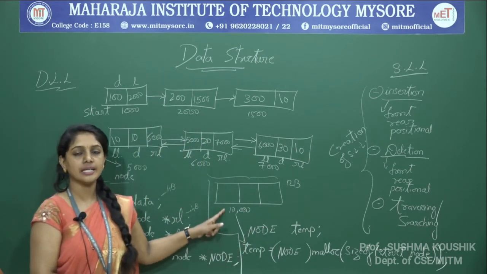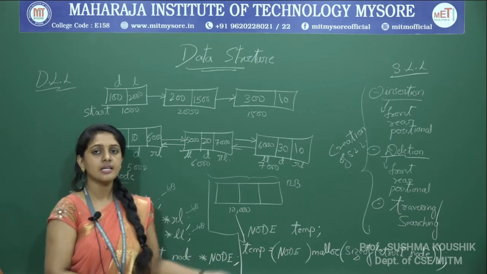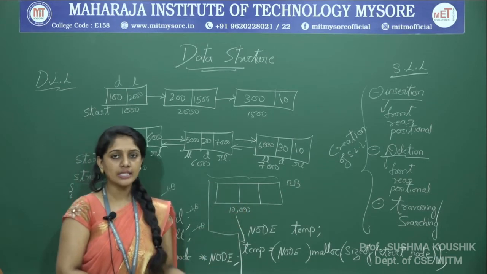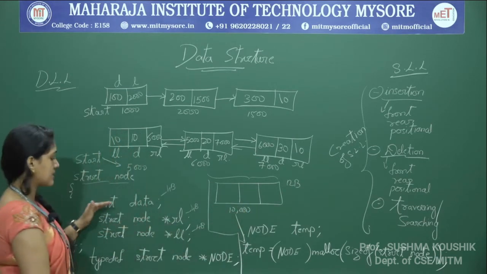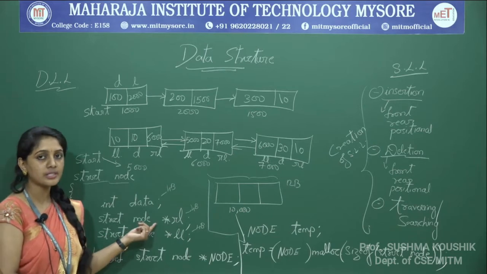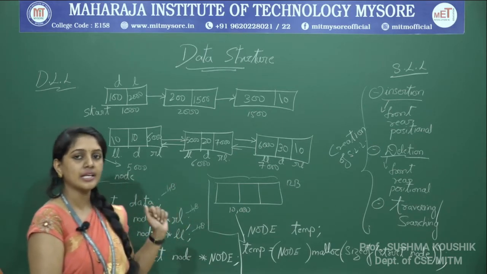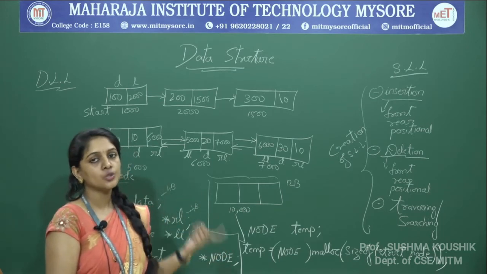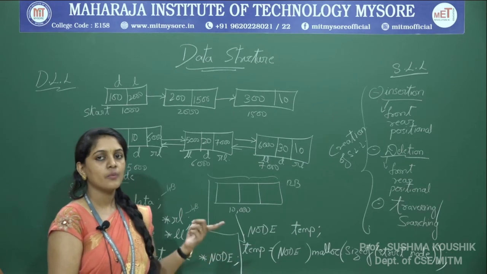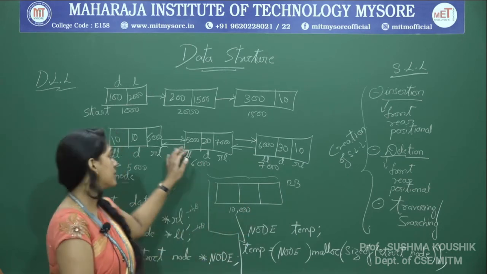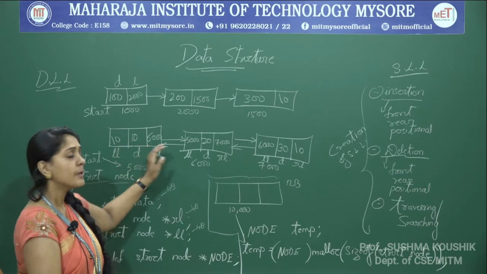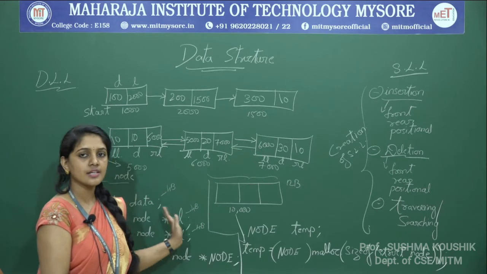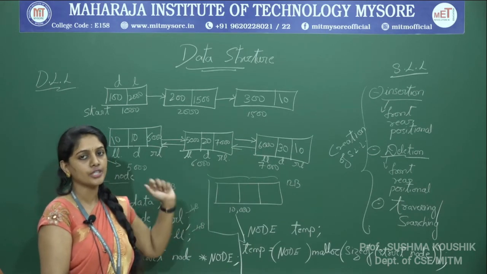This is how we are creating, on similar lines to the singly linked list, a new node even for the doubly linked list. The only difference which we had is in the singly linked list, inside the structure we had only one pointer because it was traversing in only one direction. Now, in the doubly linked list, we will have one data field and two minimum link fields, one which will traverse on the right side and the other one which can traverse on the left side. This data field can have any number of data fields. As we know, since it is a structure, it can hold either integers, strings or floating points.